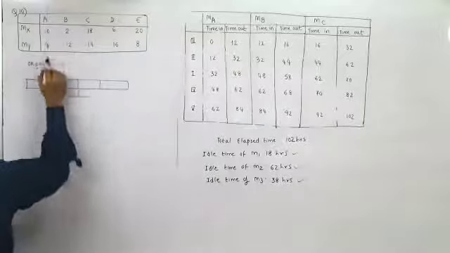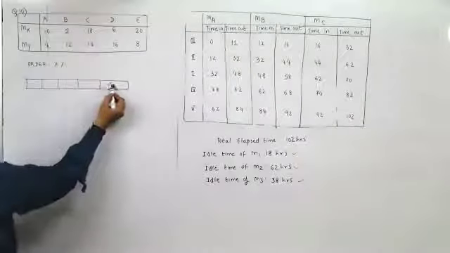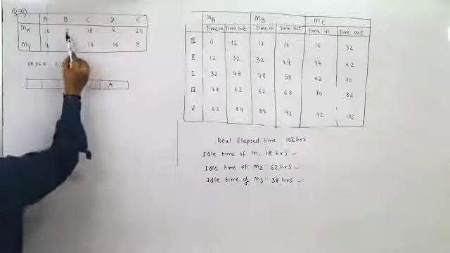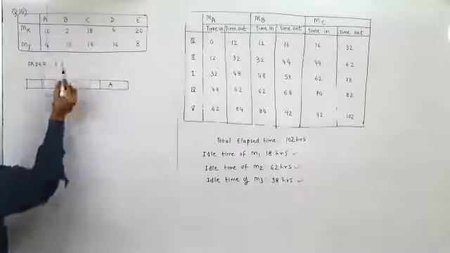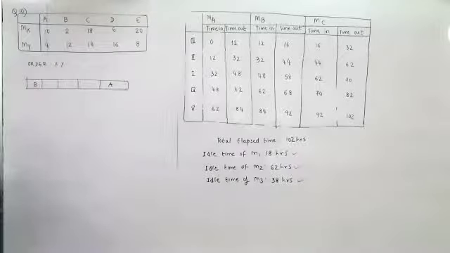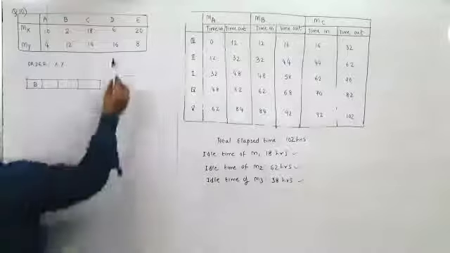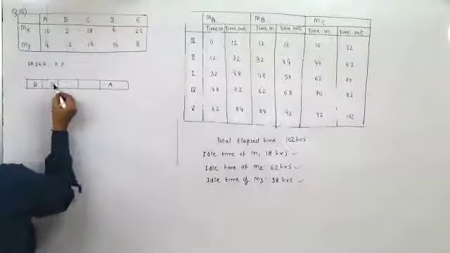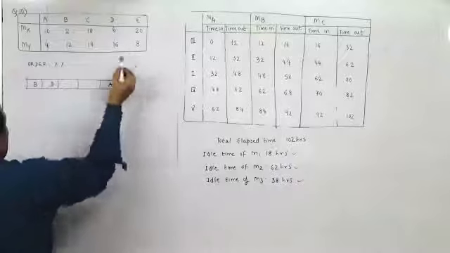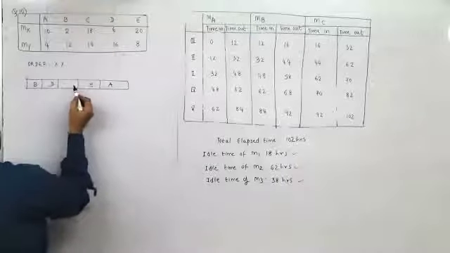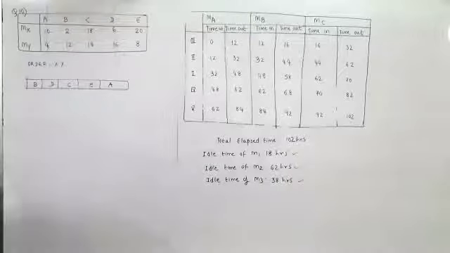Now, first one is A. It is from the bottom. Then you have, oh sorry, B is from the top. Then you have 2, 4, then 6. 6 is from the top, D. Then you have E. E is from the bottom. And C. So B, D, C, E, A.